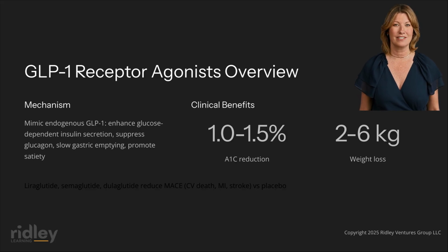This glycemic benefit is accompanied by clinically meaningful weight loss, generally 2 to 6 kilograms with standard doses and considerably more with higher doses approved for obesity treatment, attributable primarily to reduced food intake resulting from centrally mediated appetite suppression and delayed gastric emptying. Beyond metabolic effects,